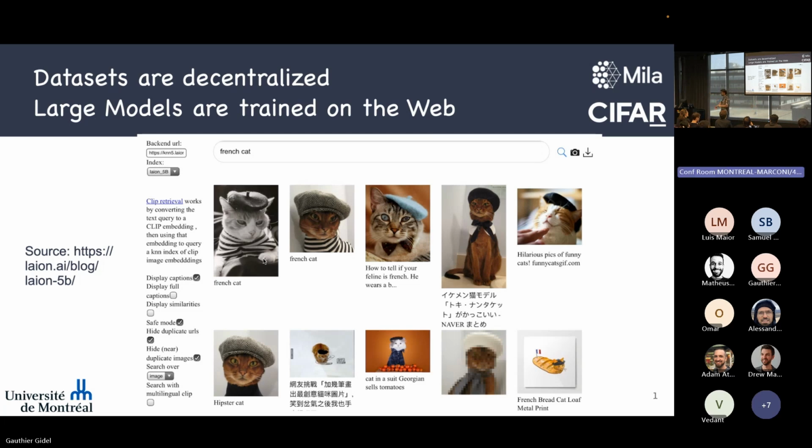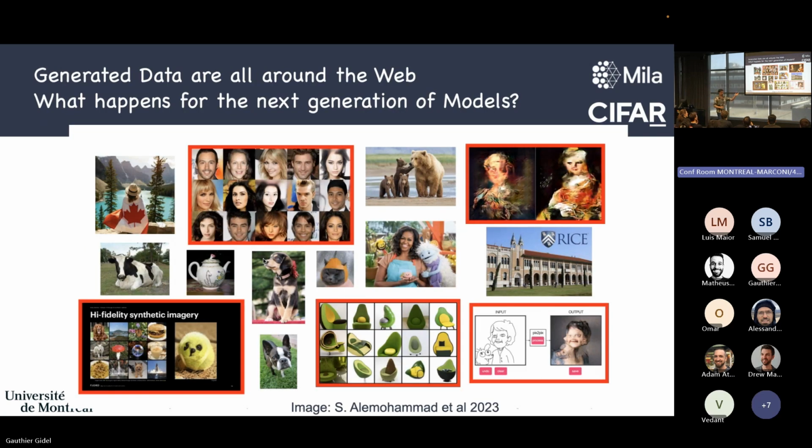What is on the websites can change, and actually we have seen recently that some people demonstrated that you could attack this dataset. You could buy the domains and poison potentially the data for a few cents, less than thousands of dollars. And so yeah, these datasets are decentralized and are on the web. And so the problem is, what do we see on the web? We see a lot of data that are not human generated.